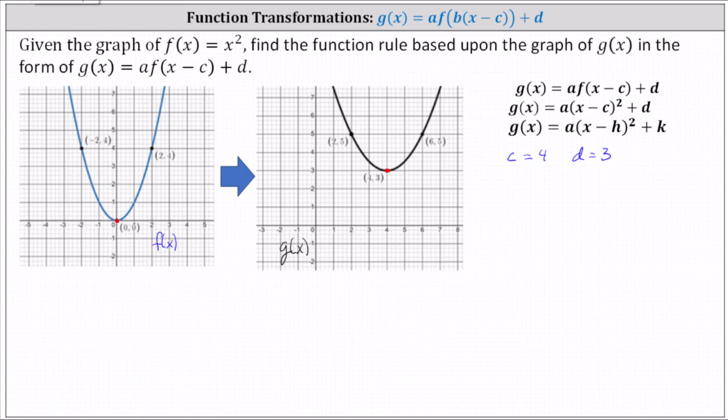We now know that g of x must be in the form of g of x equals a times the square of x minus 4 plus 3. Now, there's a couple ways we can determine the value of a. Algebraically, one way is to select a point on g of x, any point except the vertex, perform substitution, and solve for a. For example, if we select the point 6, 5,